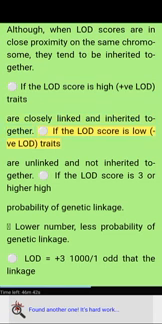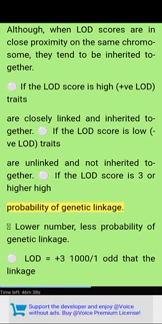If the log score is low, the traits are unlinked and not inherited together. If the log score is 3 or higher, there is a high probability of genetic linkage. Lower number, less probability of genetic linkage. The odds are plus 3, and 1000 over 1 odds of the linkage